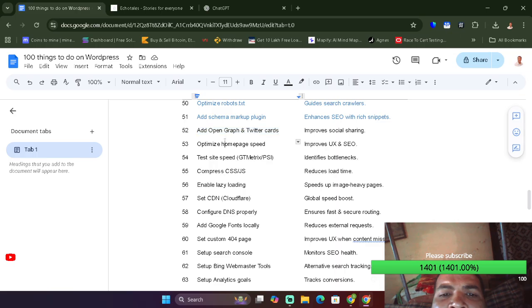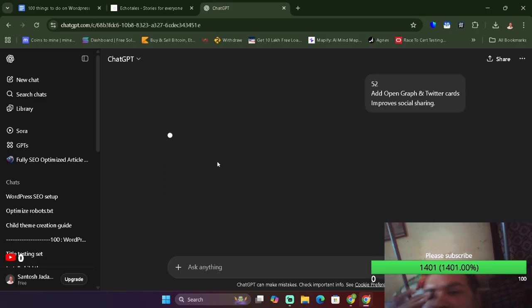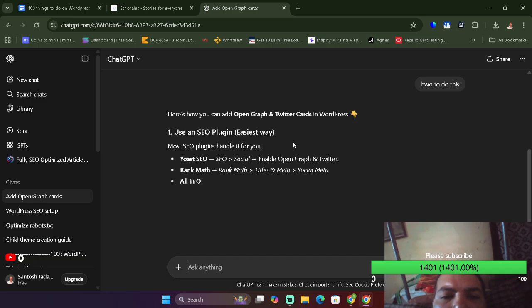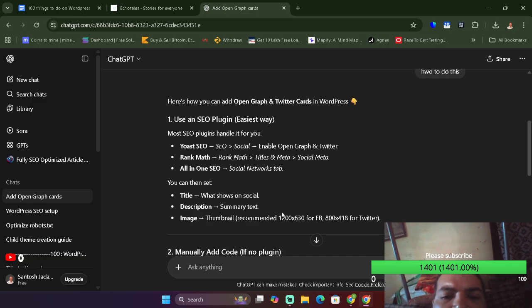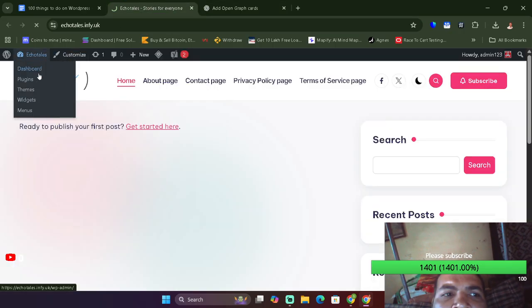Now it's about time to add open graph and Twitter cards. I will probably use a plugin for this, but let's try to understand what ChatGPT thinks. Okay, so we already have the Yoast SEO plugin installed, so this will be a breeze. Let's get started. Let's go to the dashboard,